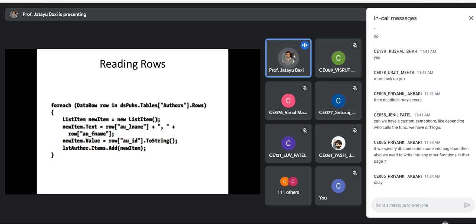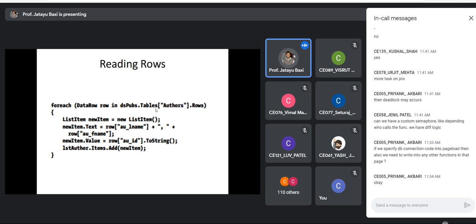So to access this, what I am writing is for each data row in dspubs.Tables[authors].Rows. So you can see that now my syntax has changed, just like a normal object.